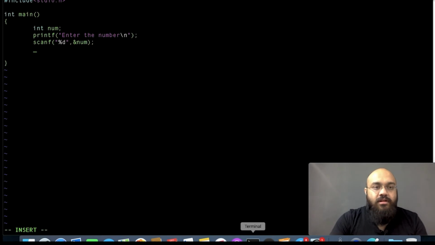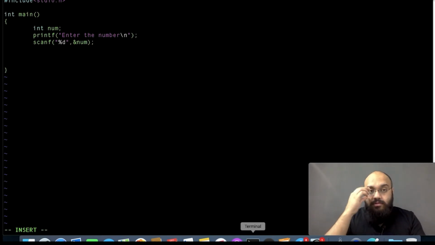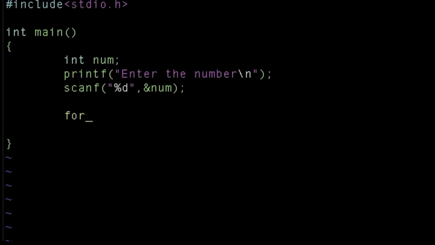I missed this semicolon over here. Yes. So again, there are various ways of creating a loop in C. The first one is the for statement. The syntax for it is, this is the keyword for. Okay. So for a for loop, we need to take a variable which will be running. So let's take a variable over here, int i. I'll tell you what i is. So we'll say for i is equal to 1. Okay. i less than or equal to 10, i plus plus.